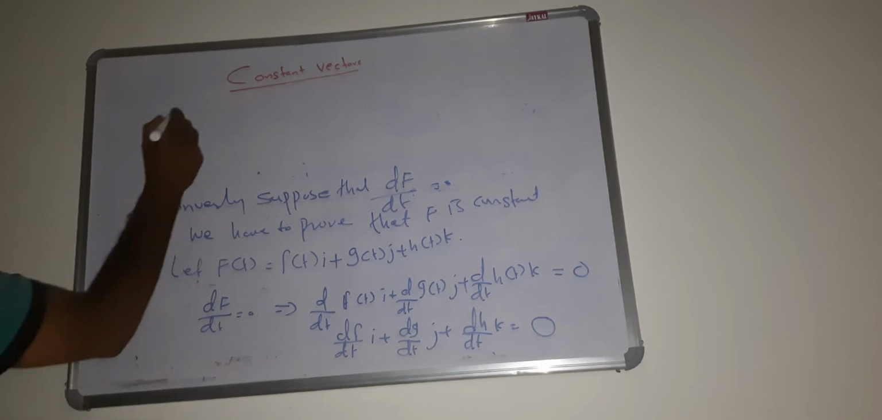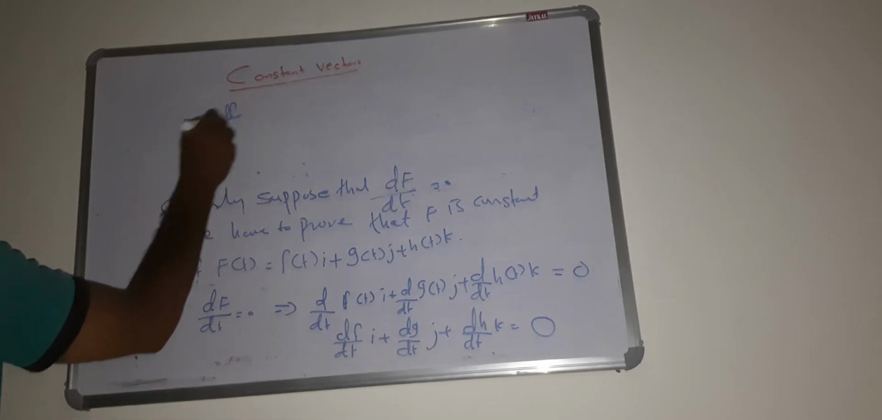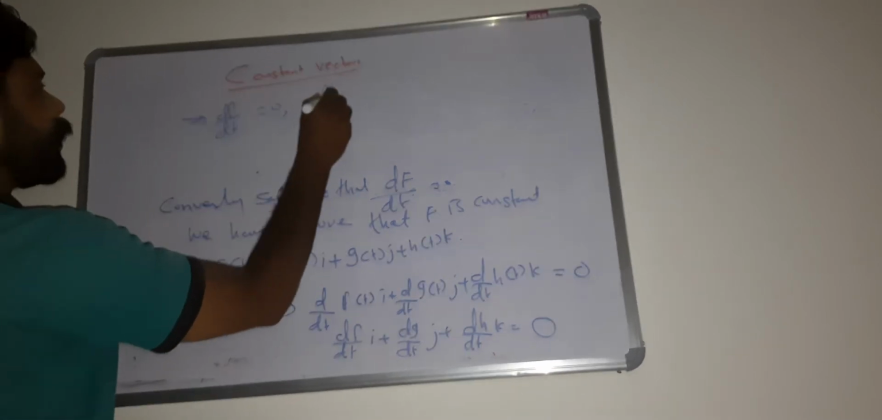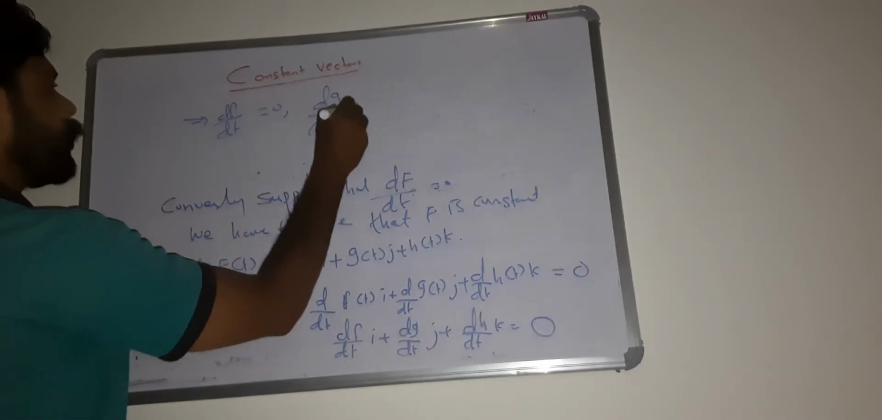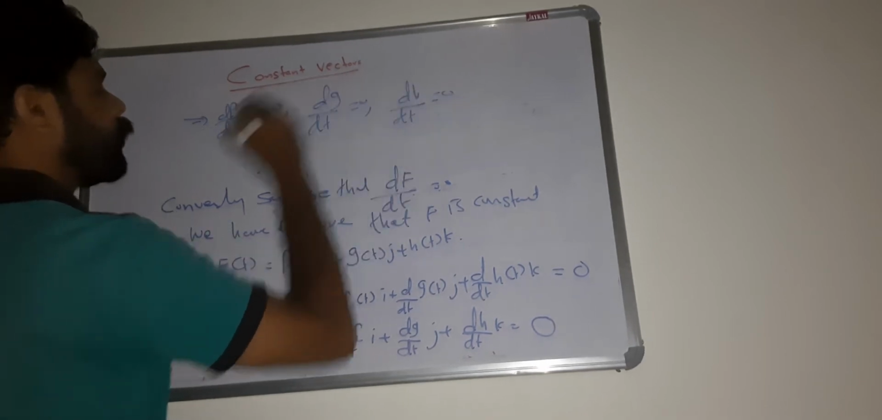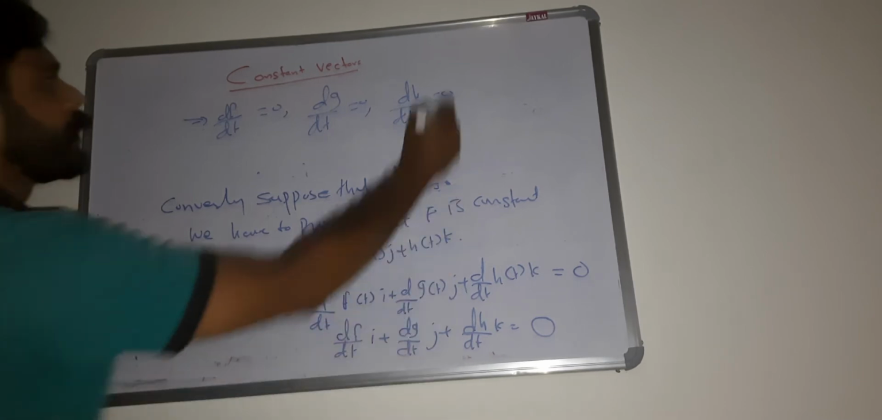Which implies df by dt equal to 0, dg by dt equal to 0, dh by dt equal to 0. Why? A vector